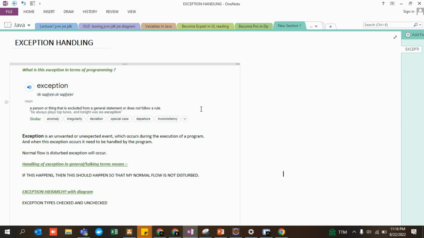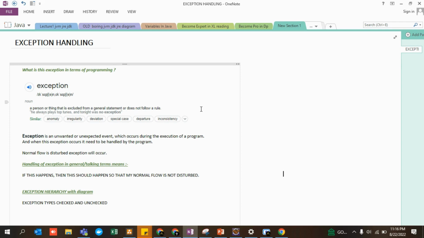If this happens, then I will do this particular thing, right? The same thing happens with programming itself. If you are writing a piece of code, you are not God that whatever you write in one go, at a stretch, everything would work fine. There would be some exceptions, there would be some errors. Error is totally different. I would be discussing errors in my next lecture, but this lecture is totally confined to exceptions, right? So we'll be discussing everything about exceptions.